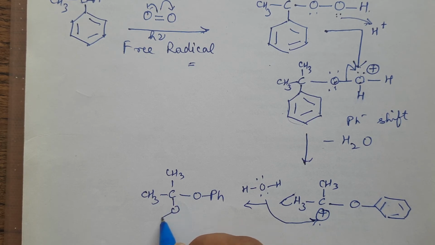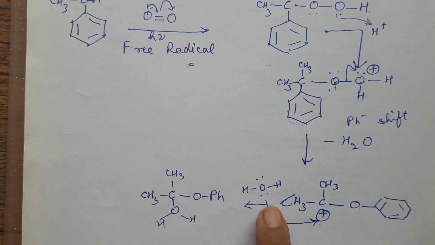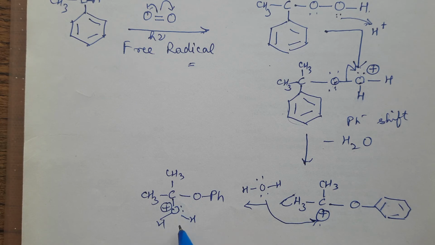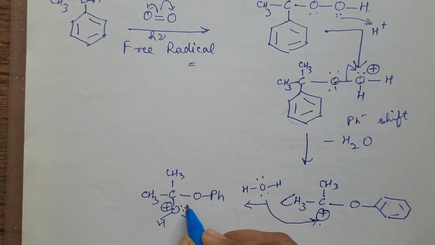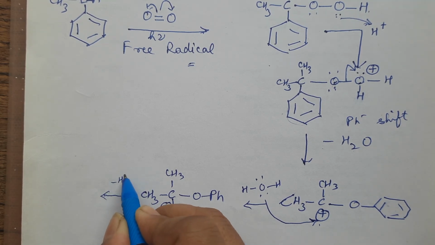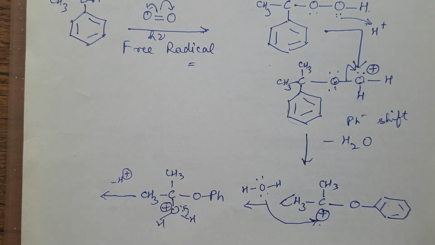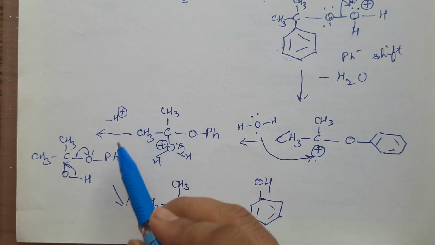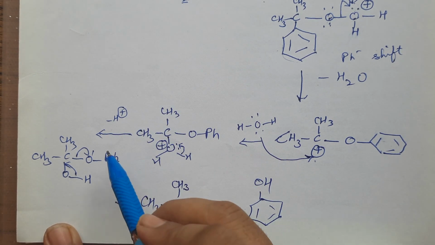There is O, and because this has attacked the carbon atom, it now has only one lone pair. O will have a positive charge because it has 3 bonds. When it has 3 bonds, it will take this electron from here, which means H minus will come out. So minus H, minus H plus will be there, and what you are getting is this: this H has gone here, H has come out from here.